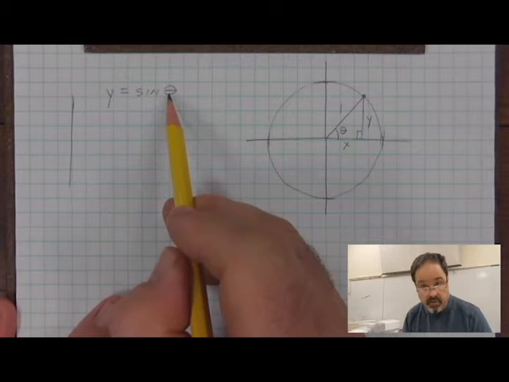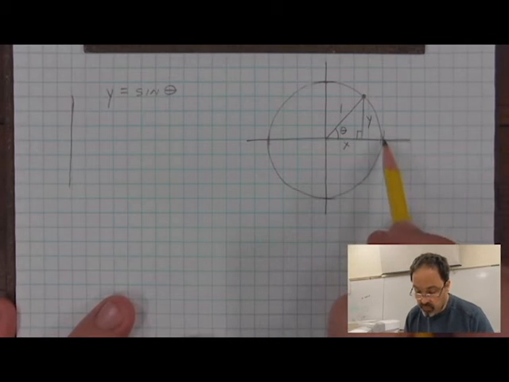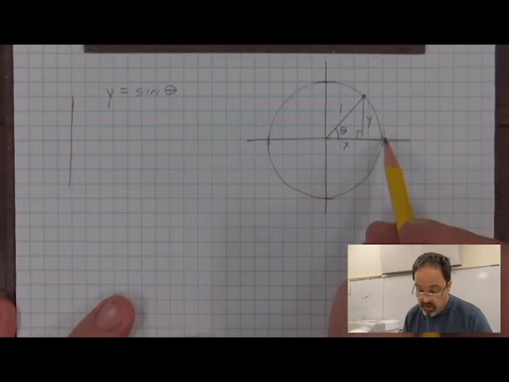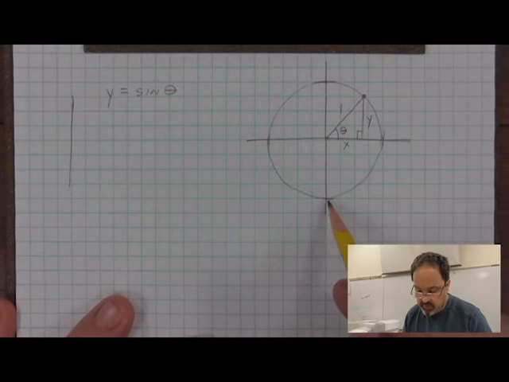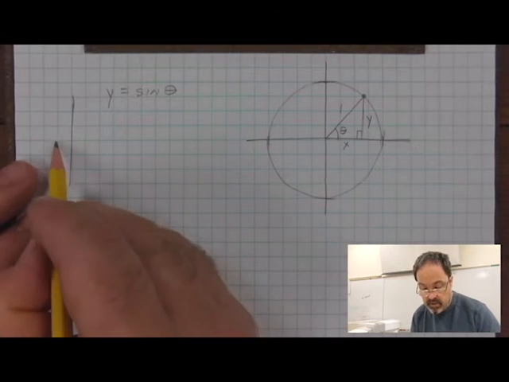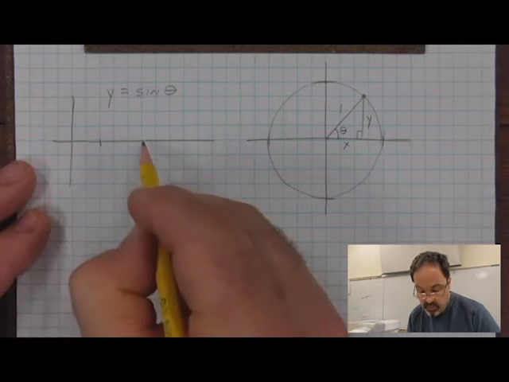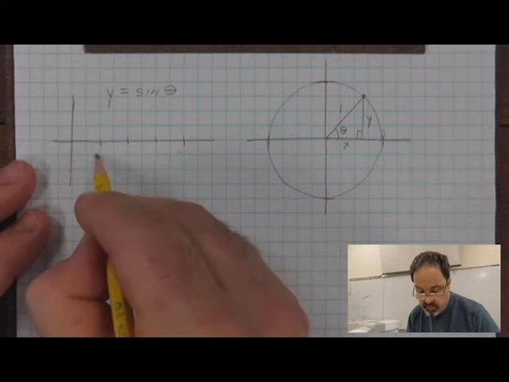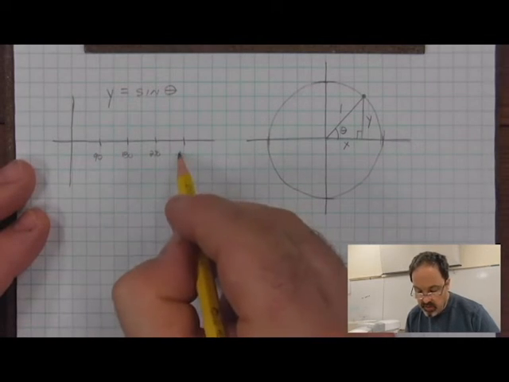And the graph of sine came from comparing the y value, or the height of the point, to the change in theta. This angle starts at 0 when the point starts on the horizontal axis, and theta increases to 90 degrees, 180, 270, and then completes the circle at 360 degrees. If we graph the angle in the horizontal axis, putting tick marks at those important places, 90, 180, 270, and 360,